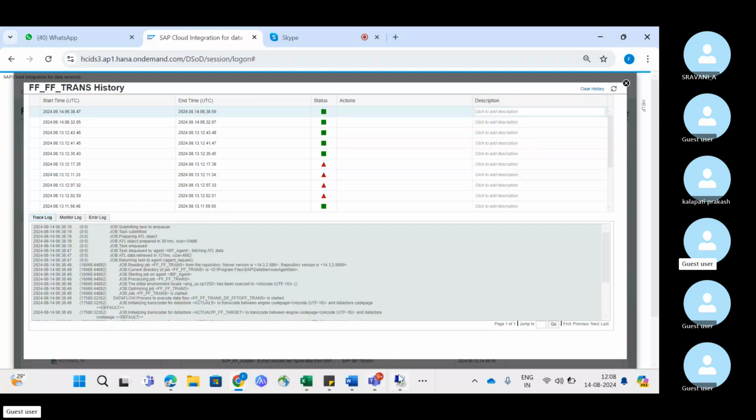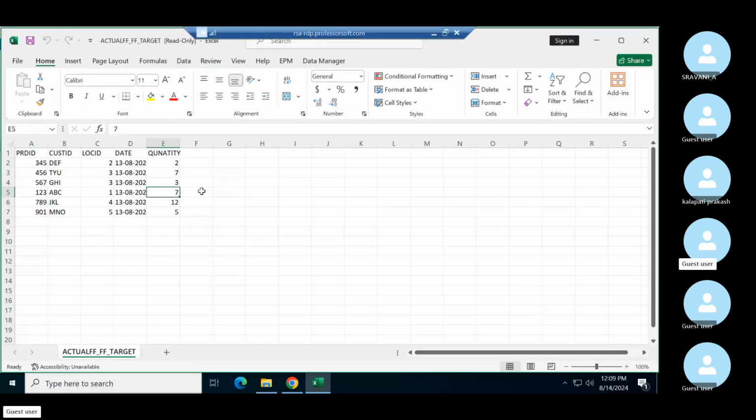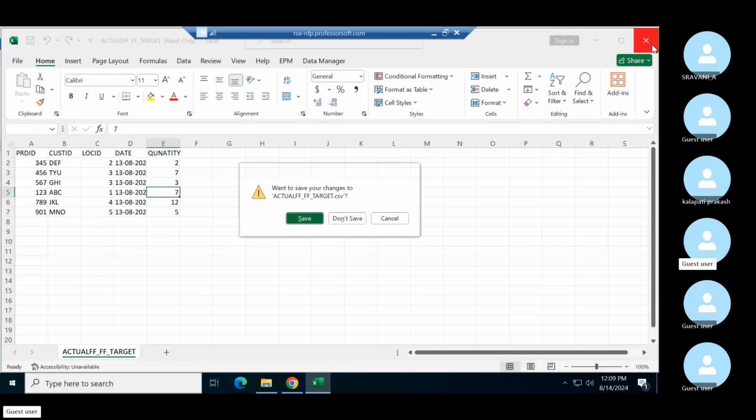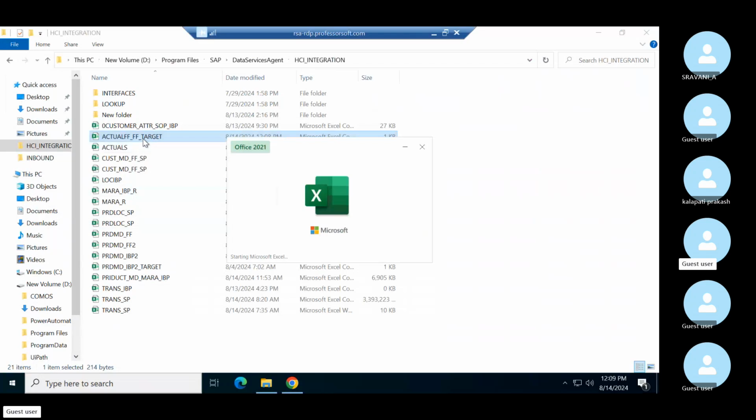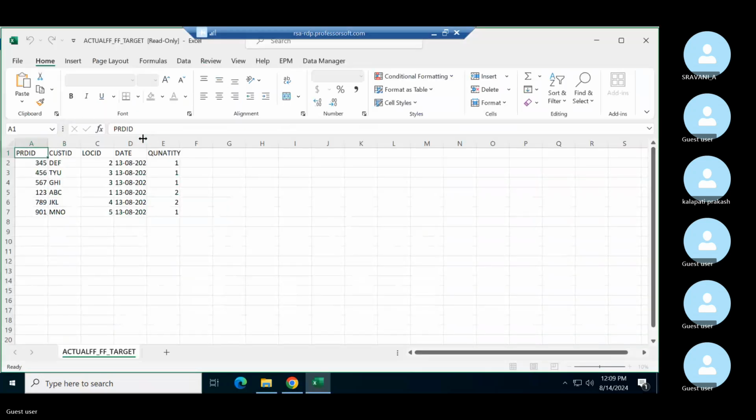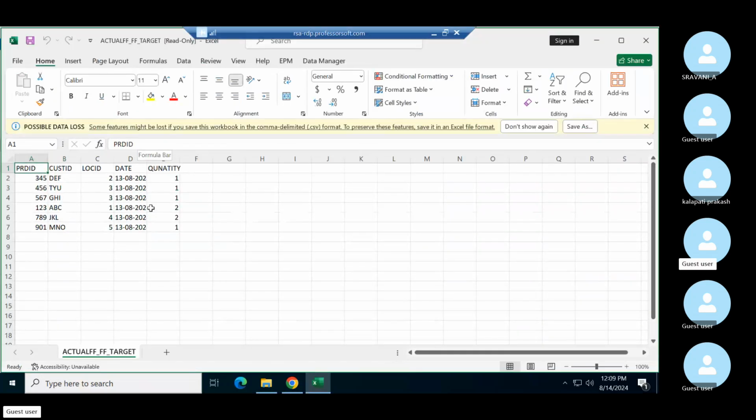Now, for 1 to 3, what was the record? It was 7. Let me rephrase the system. Don't save. Let me reopen the file and let's see what the record quantity will be. See, 1 to 3, what is the record quantity? It is only 2, because ABC customer for location 1 for product ID 1 to 3 came only 2 times. Yeah, if you take the count,